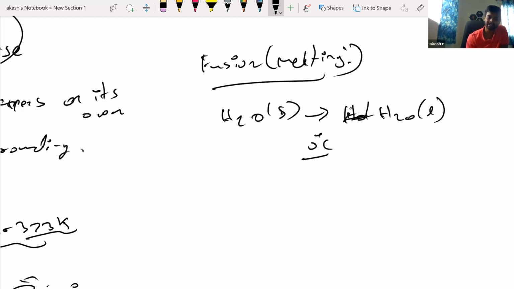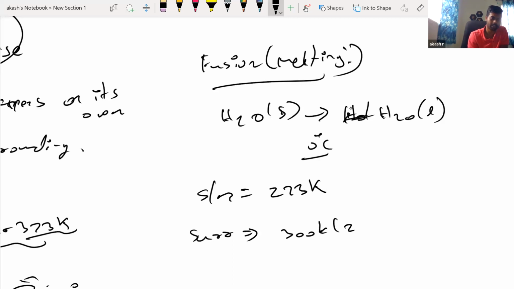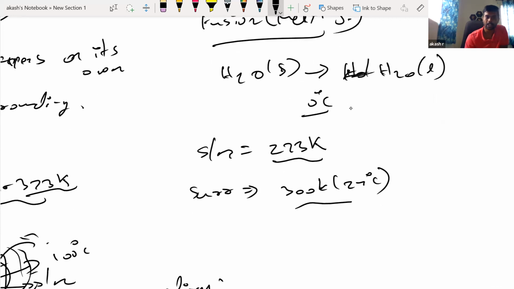So obviously the system will be at 273 Kelvin, and the surrounding will be at room temperature, that is going to be 300 Kelvin. That is nothing but 27 degrees Celsius. System will be at 273 Kelvin and the surrounding temperature will be the room temperature. So if that's the case, now if I calculate the entropy of the system, that would be enthalpy